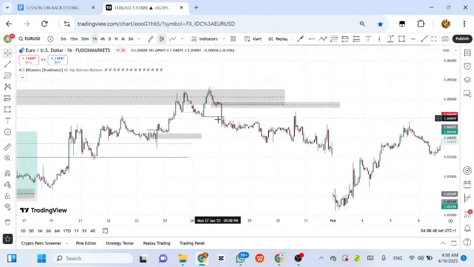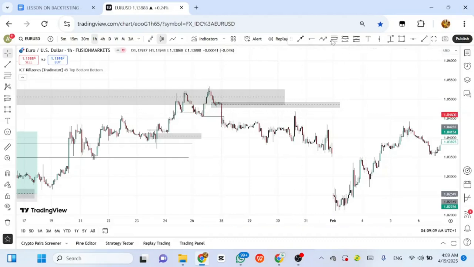Now if you notice what type of market accumulated, it broke structure again. Maybe somebody else might look at this point for entry, but I won't look at this point for entry. Why? Because of this imbalance. I'm not looking at this point for entry because of this imbalance. That's what I would do.